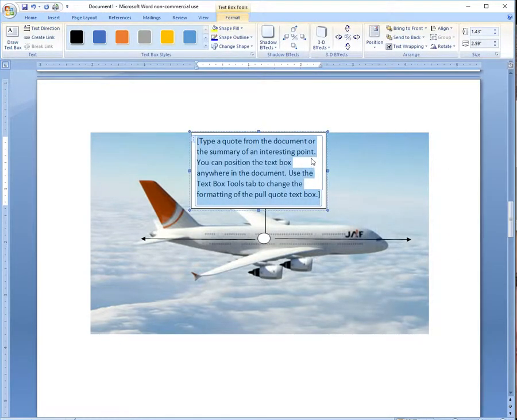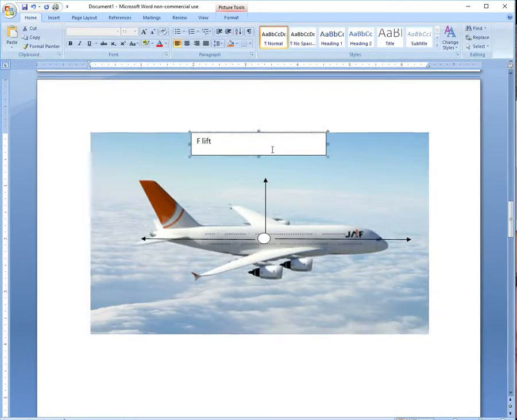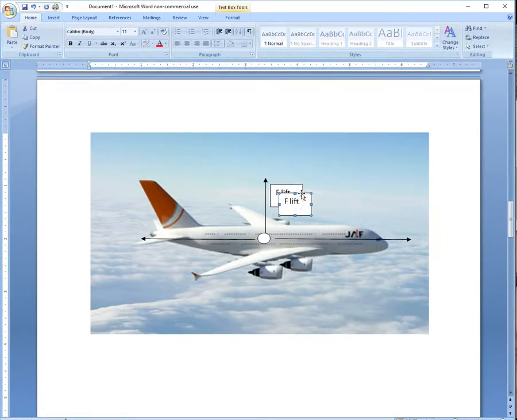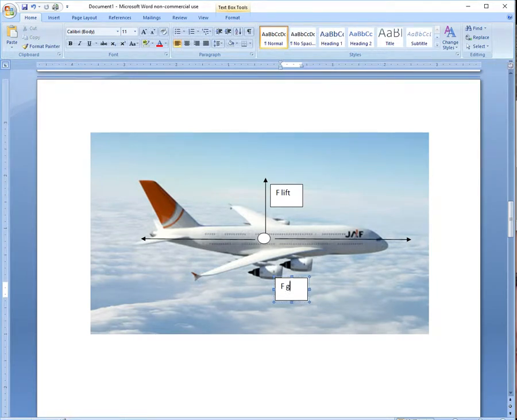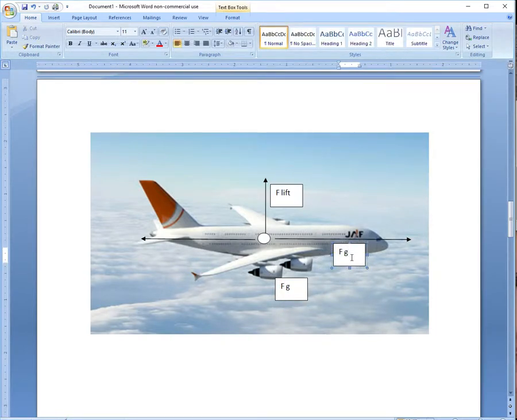Boom. So we have force of lift. So this one goes with this arrow, and then we also have a force pulling it down. Oh, I lost my arrow there. Force of gravity pulling it down, and then we also have the force going forward, which is going to be your driving force,